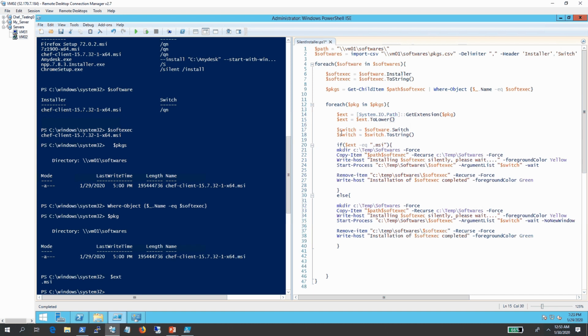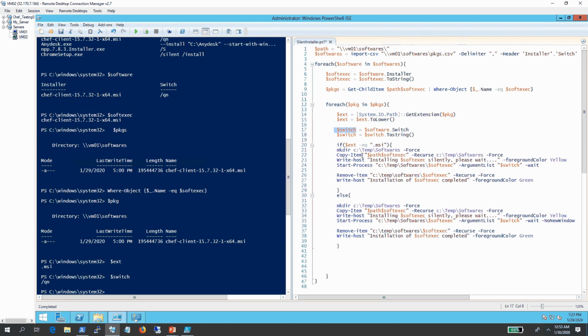That is fine. And the switch value for this installer for this package is qn, which is again like software.switch as I showed here. It picked up this value. If extension is equal to .msi, then through SoftExec,